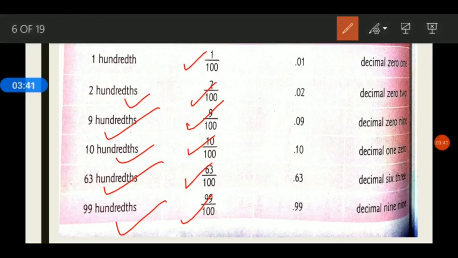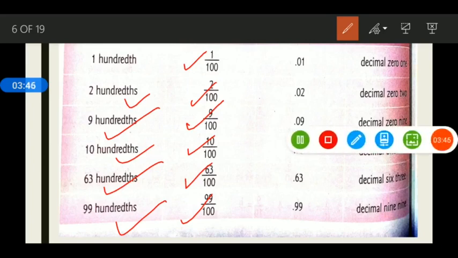So I told you, if in the denominator 10 is given, we put the decimal before one digit. Got it? Because in the denominator 100 is given, we put the decimal before 2 digits, but you can see in the numerator only 1 digit is given. So how will you make 1 a 2-digit number? How do you make 1 a 2-digit number? So 1 we can write as 01. Understood? 1 we can write as 01.